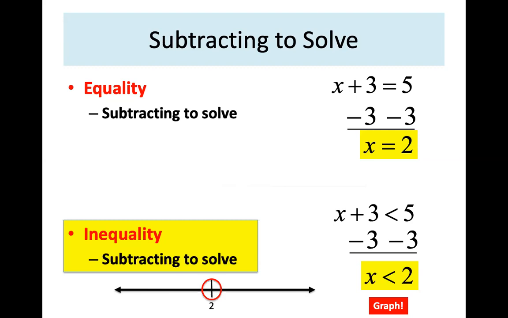The answers are smaller than, okay, do you understand why I wanted to say it that way? My claim is that if you say that instead of x is less than 2, you'll know exactly what to shade. Say it again. The answers are,